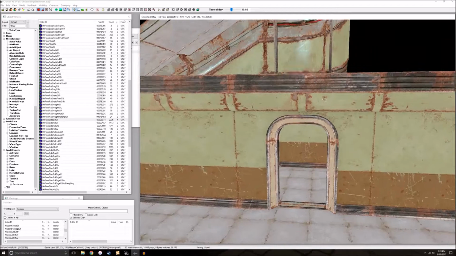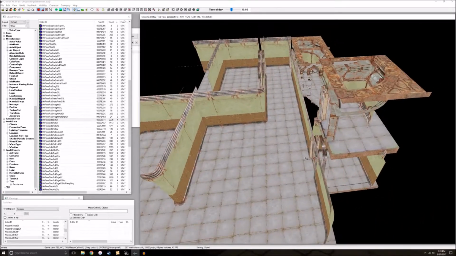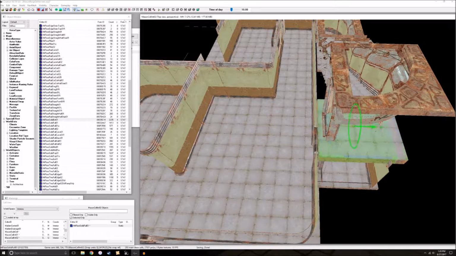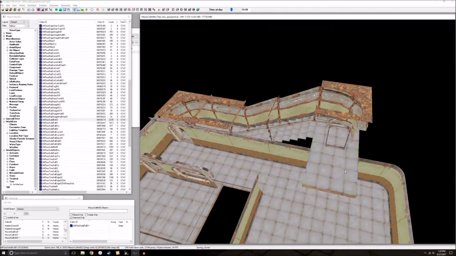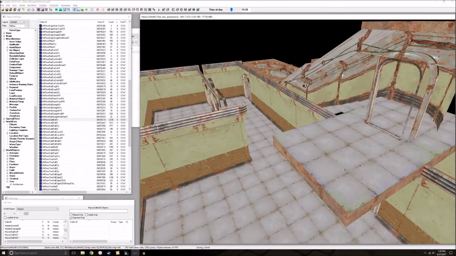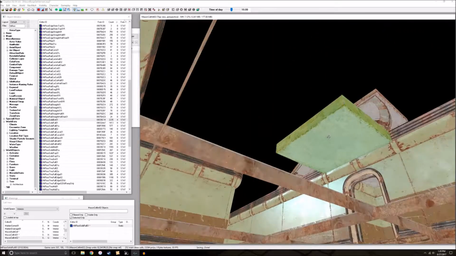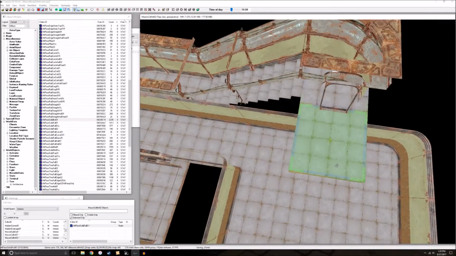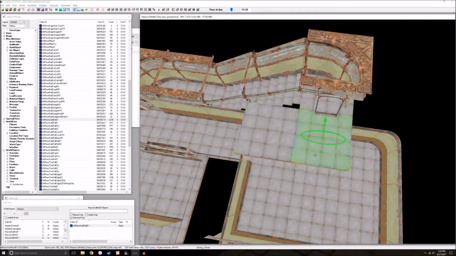Not bad. And we have to work with our ceiling. Get that in just a second. Since this is going to be a second floor, we're going to be using the full body version, so that this side has a ceiling to look at, and this side has the floor to look at. And duplicate that everywhere. Well,